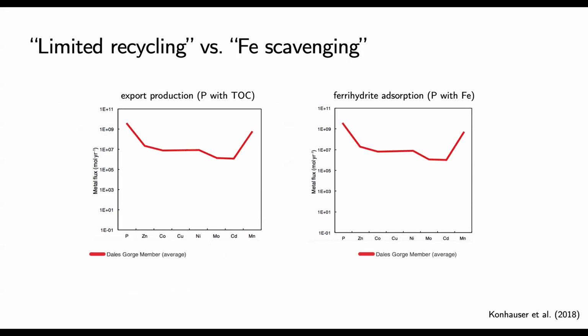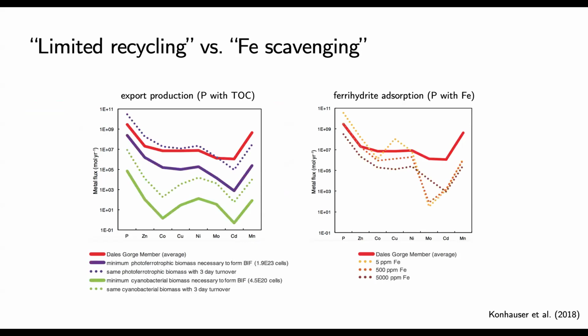And so, like I said, measurements were made of the Dales Gorge member. So we have the concentration data that are converted to the flux on the y-axis. That's what the red lines are showing you here. So the amount of supply of phosphorus, but also zinc, cobalt, and so on needed to give rise to the observed composition of the Dales Gorge member. And then experimentally, the export production profile was estimated with cultures of cyanobacterial and photoferrotroph biomass, whereas on the right, the inorganic experiments of adsorption onto ferrihydrite were aimed to meet those fluxes.